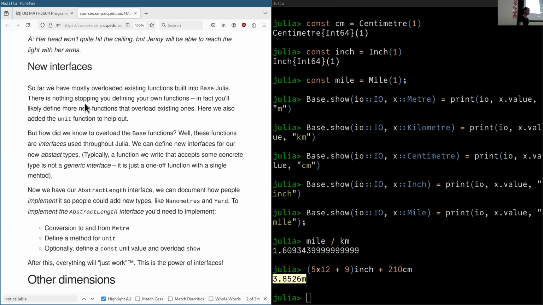So yeah, how do we know to overload those base functions? Well, these functions are interfaces which are used all over Julia. If you go and look up what an array is meant to do, you should be able to get the value at an index. You should be able to get the length of the array, those kinds of things. So if you look up the Julia documentation, you'll find a section on the array interface, this abstract interface. If you make your own array, you should implement these 5 different functions or whatever. And so yeah,